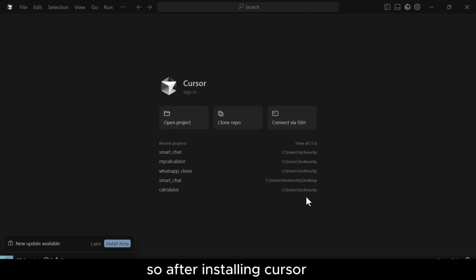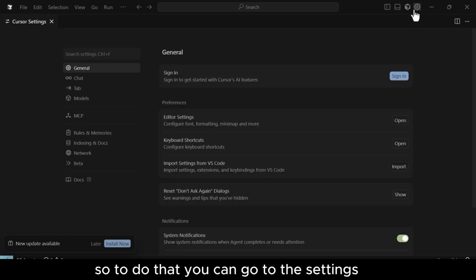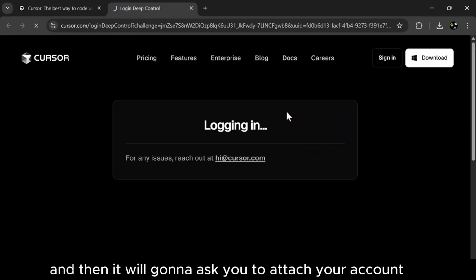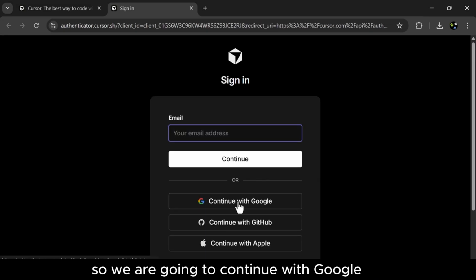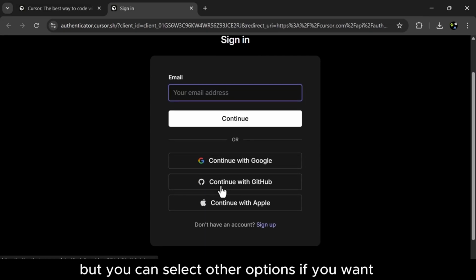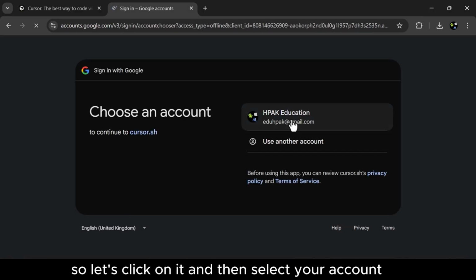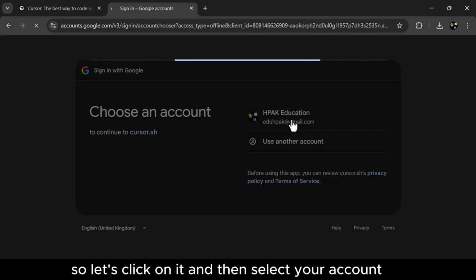So after installing Cursor, the next step is attaching your Google, Apple or GitHub account with it. To do that, you can go to the settings and there click on the sign in button. And then it is going to ask you to attach your account. So we are going to continue with Google, but you can select other options if you want. So let's click on it and then select your account